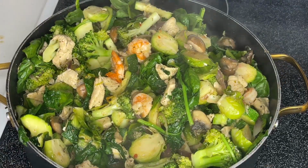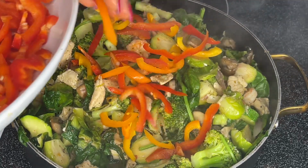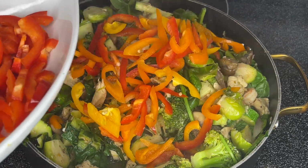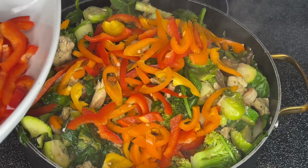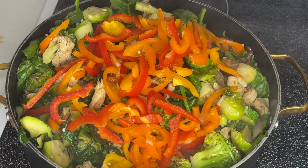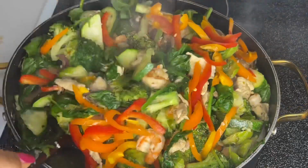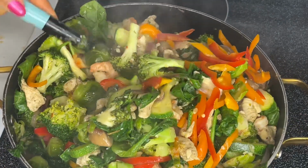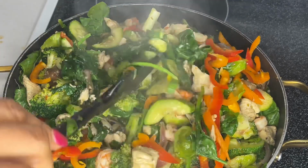Guys, my food is ready, and I'm going to add in some more colors into it, which is the sweet bell pepper. At this point, if you want, you can add sweet bell pepper. If you don't like sweet bell pepper, you might as well skip this part. This food is ready. And I don't need to add any more seasoning because the stock from the chicken and shrimps was so tasty, so we don't need to add any other